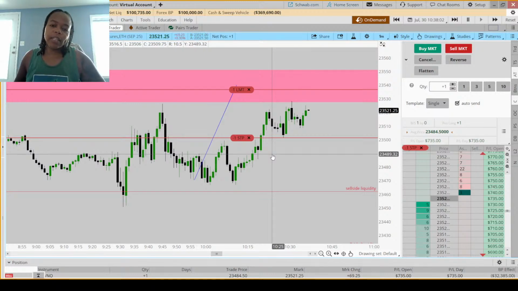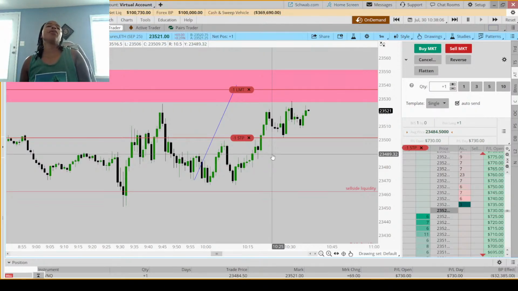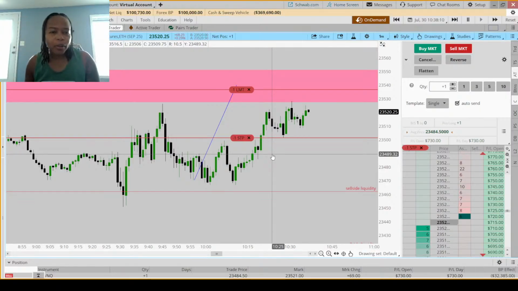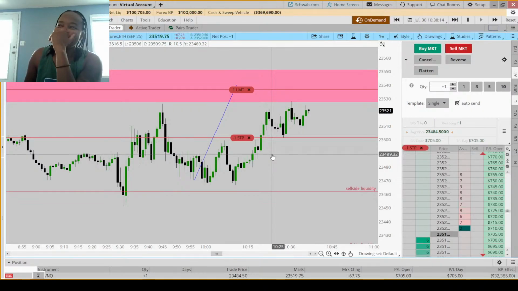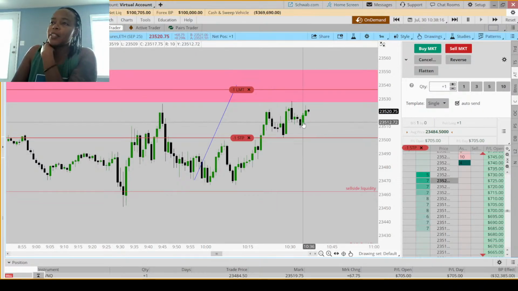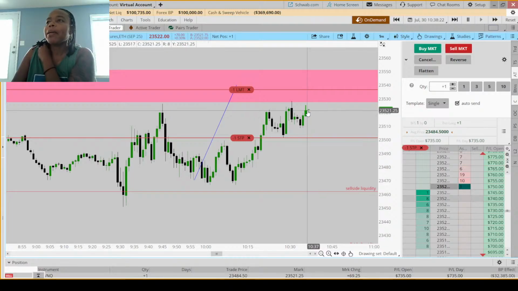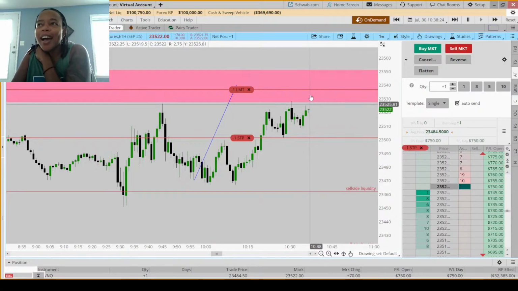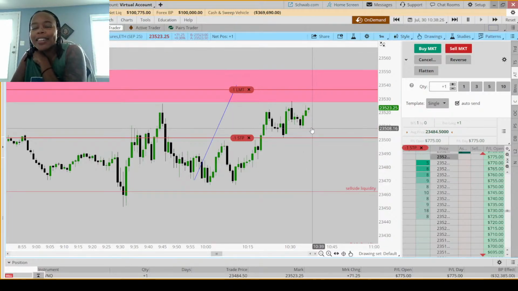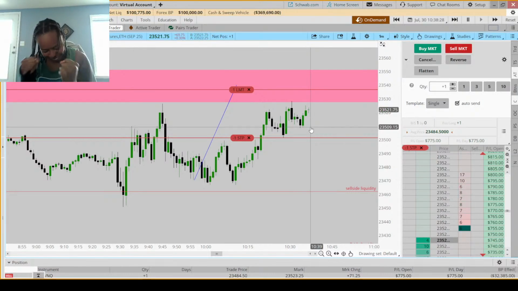Okay, let's hope 10:40 gives us some follow through, because this is annoying. Sometimes Nas can just be like, pfft. But right now she's all like, no. But I like this. I like that it respected this. It does make me now want to move my stop here to lock in the 500. But again, I want her to take the high out before I do that. I'm trying so hard not to suffocate it.